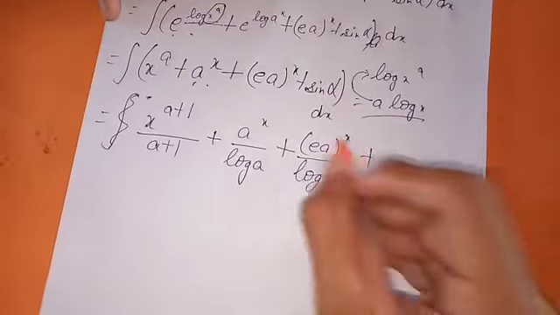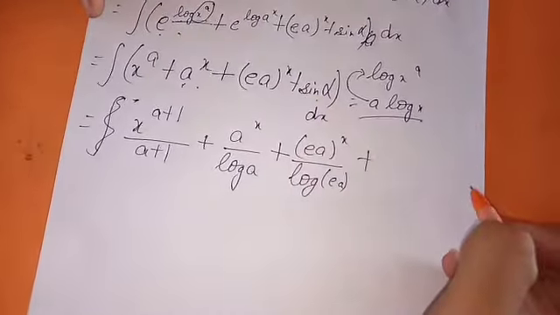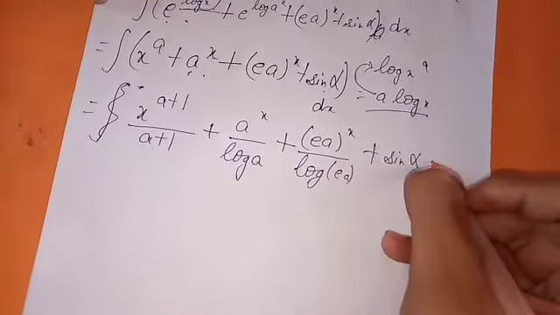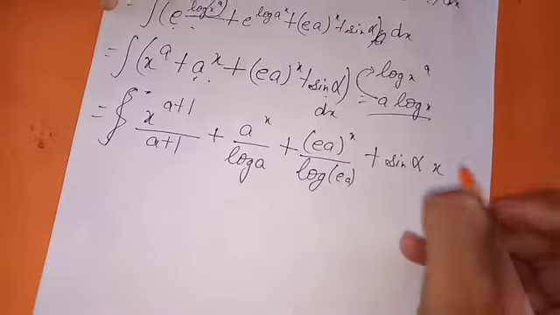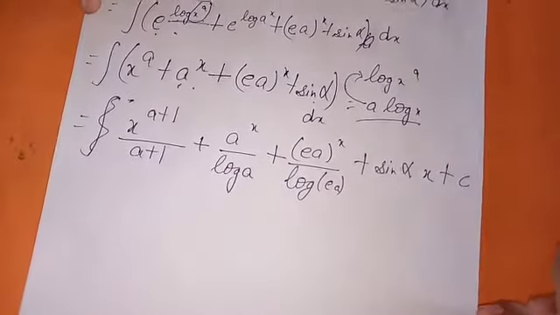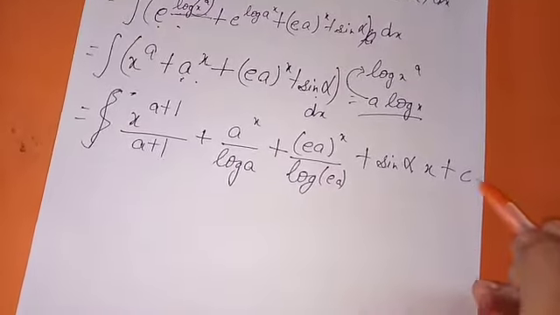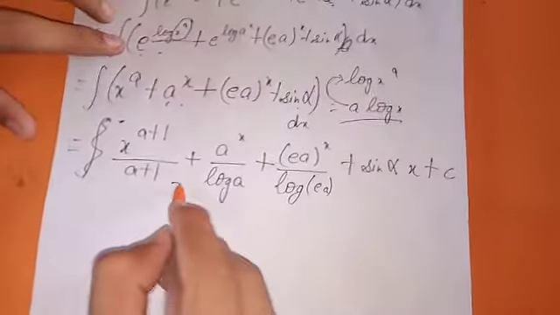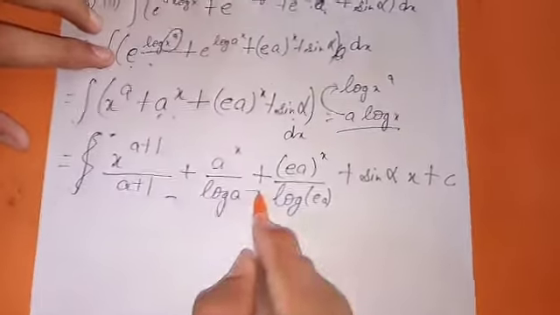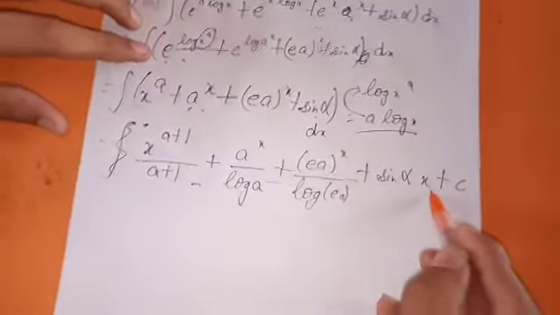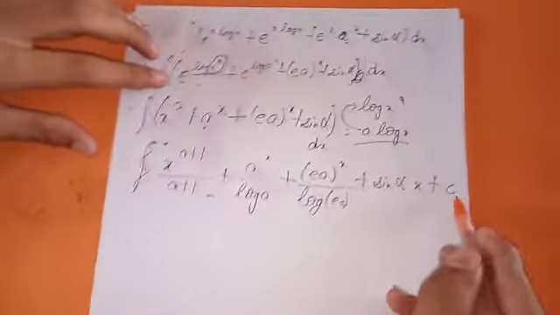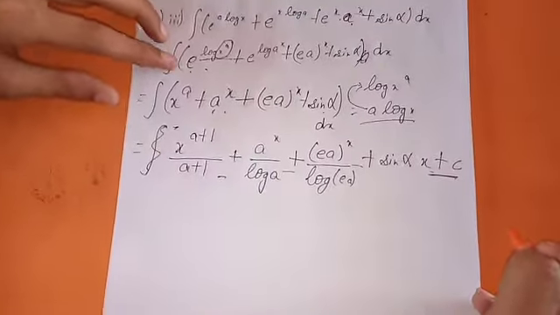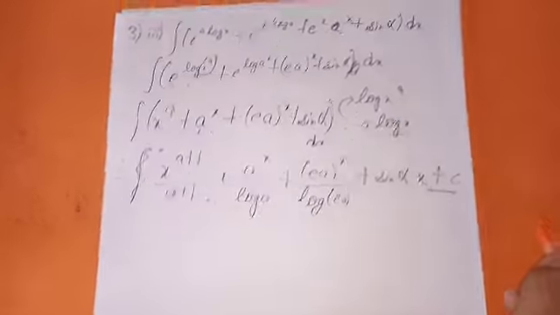Now in the fourth, sin alpha is constant, so the constant will be as it is, and we will have one variable with it and one c. We use the constant of integration just once because we get some constant here, some constant here, and some constant here, and when we add all those constants, we get one constant, and that we write once.